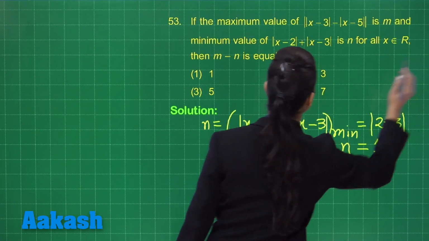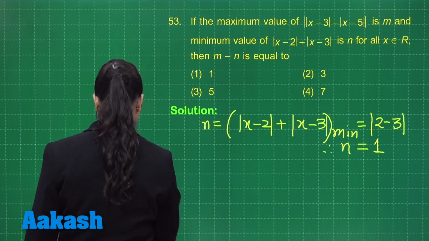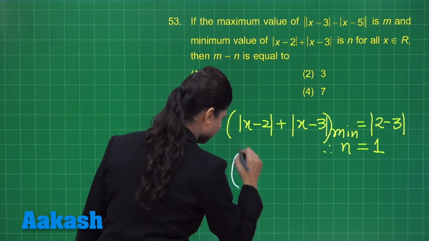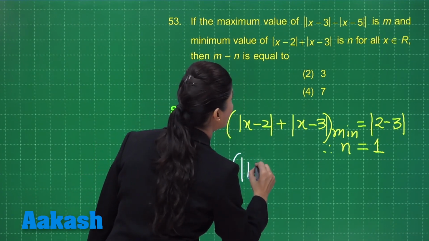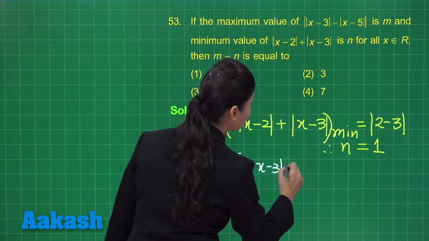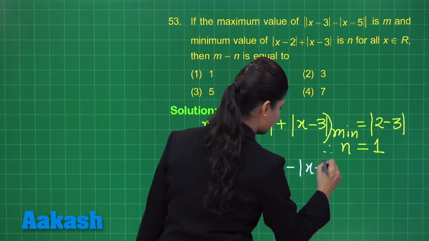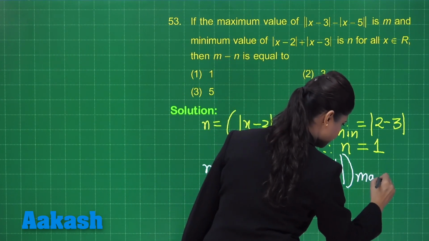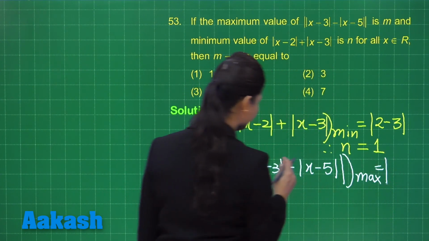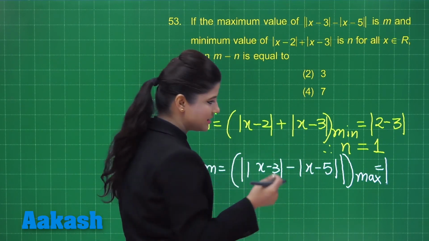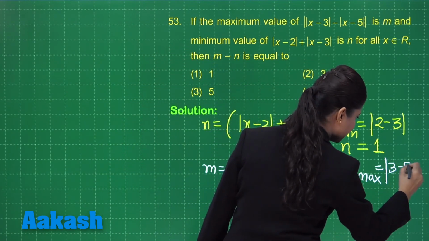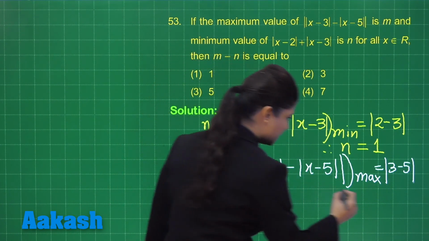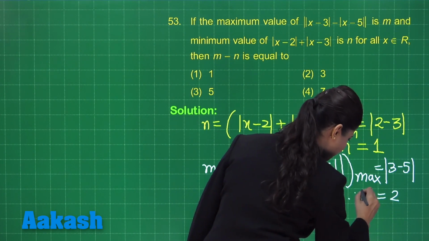In this case, further you can see we are talking about the maximum value of, here m represents the maximum value of mod of x minus 3 minus mod of x minus 5. And when you are talking about the maximum value of this is also given by mod of difference of these two, that is mod of 3 minus 5. And mod of 3 minus 5 is mod of minus 2, which is ultimately resulting value as 2. So it is equal to 2. Therefore, I am getting the value of m